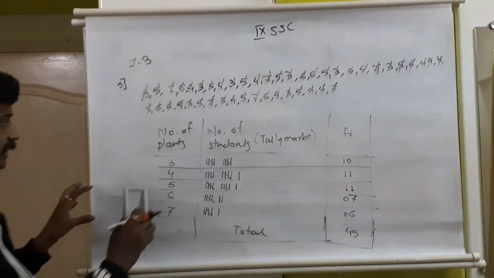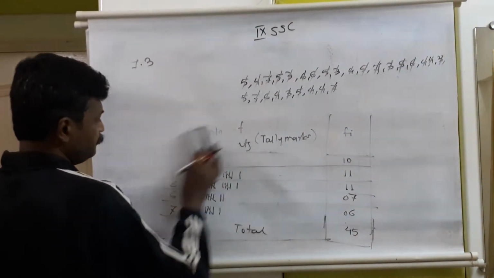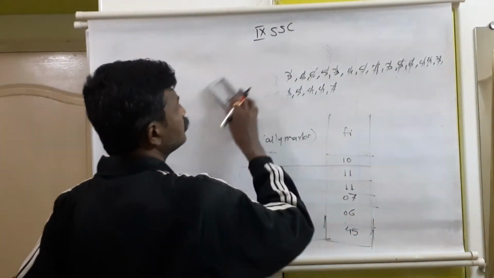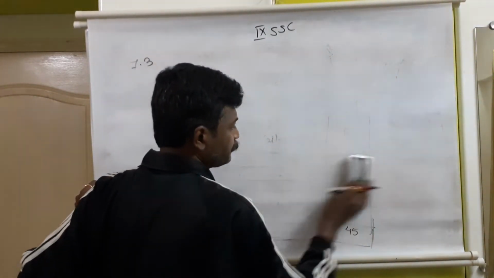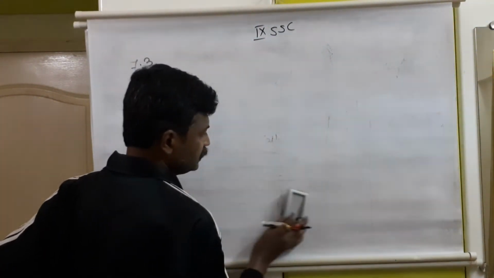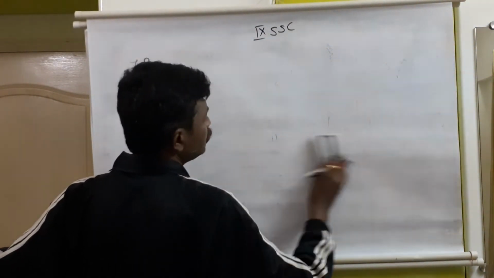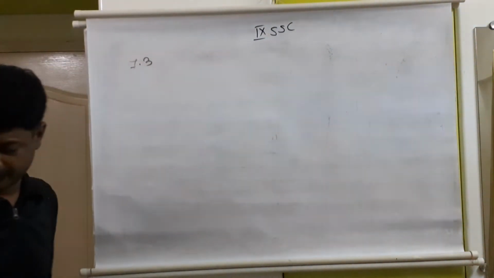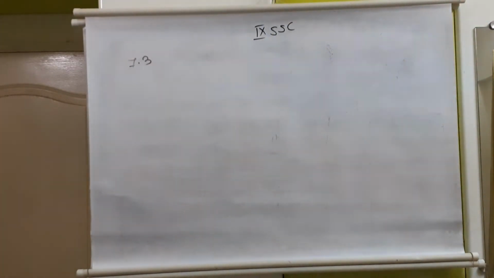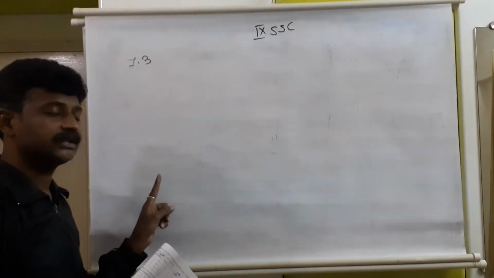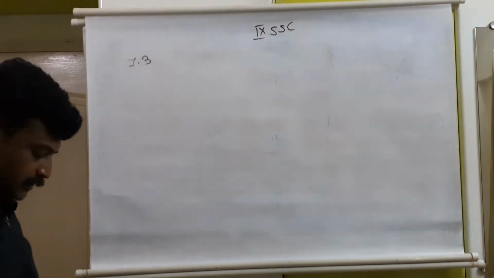In question number 6, again the same type of information is provided, and then we have to convert the given data into a frequency distribution table. Grouped frequency distribution, ungrouped frequency distribution, two types are there. Just now, what we finished was ungrouped. It was not classes in the first column. If we have classes, from which to which, with limits, upper limit, lower limit, then it can be grouped frequency distribution. The last one was only a single number here, so it was ungrouped frequency distribution.